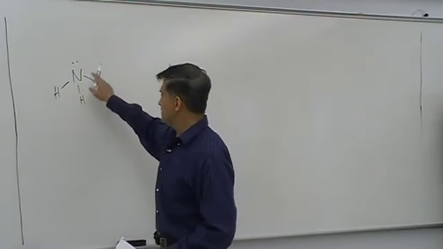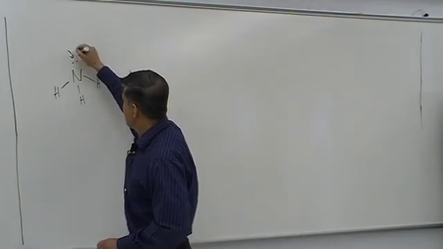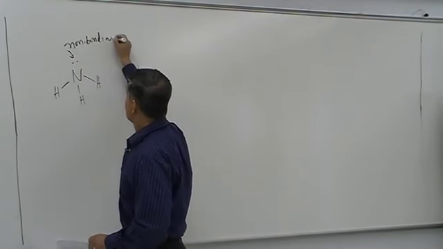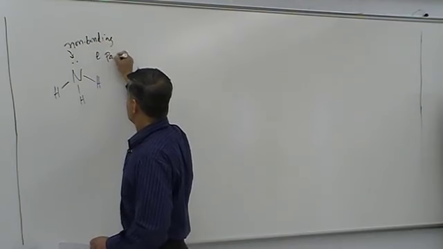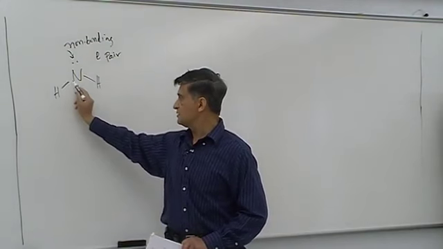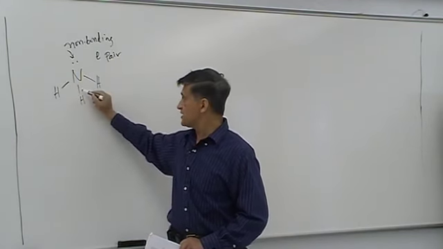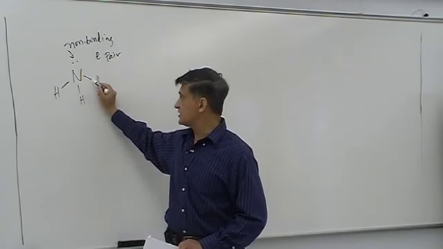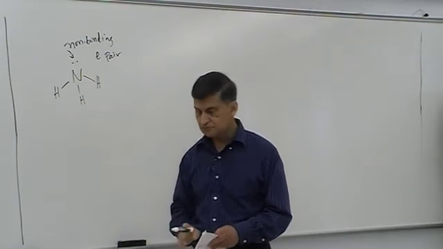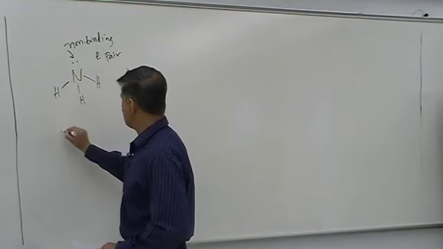So anyway, I quickly wrote down this Lewis structure for nitrogen, and this pair of electrons is the non-bonding electron pair. And these 3 pairs, each of which is holding one hydrogen, a nitrogen-hydrogen bond, that's a bonding pair. This is a bonding pair, this is a bonding pair. So there are 3 bonding pairs and 1 non-bonding pair in this molecule. Now why do you need to know this? Because the total number of electron pairs, I have 4 pairs in this case,